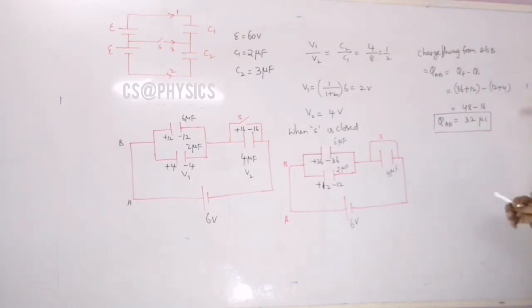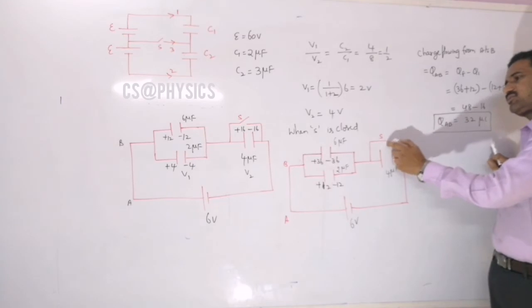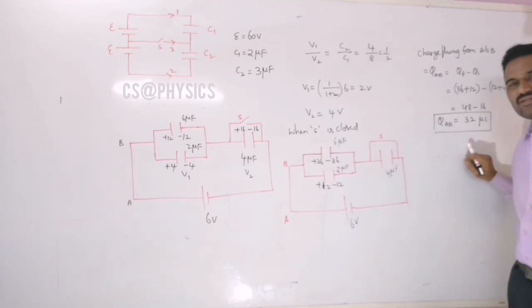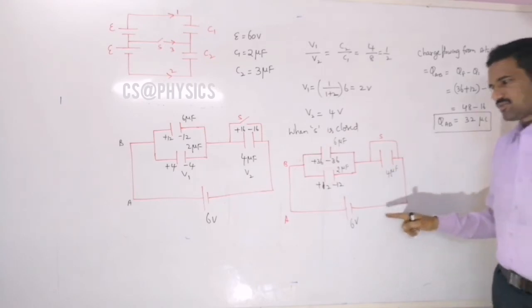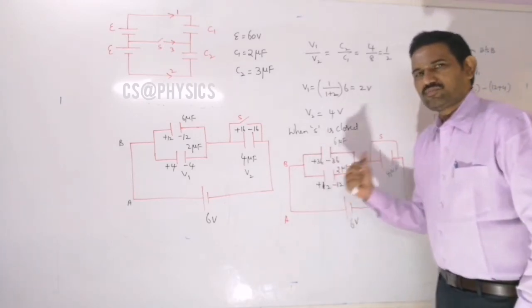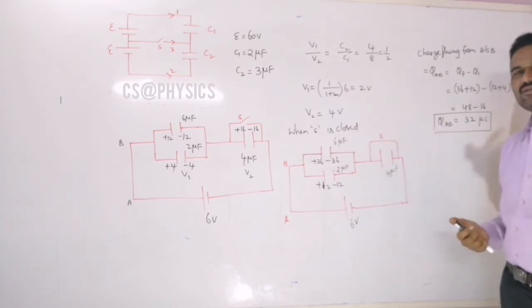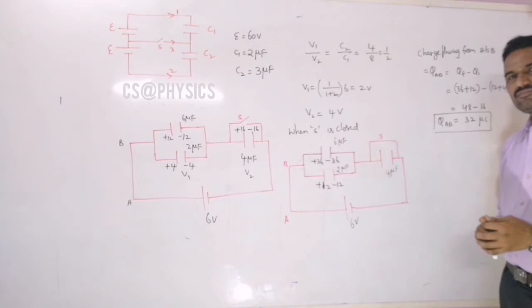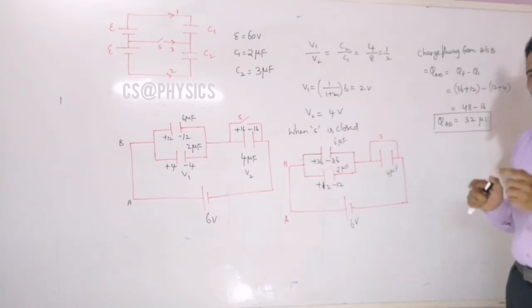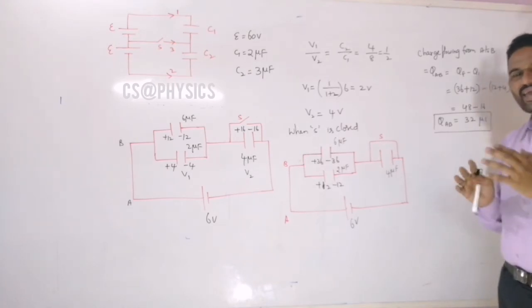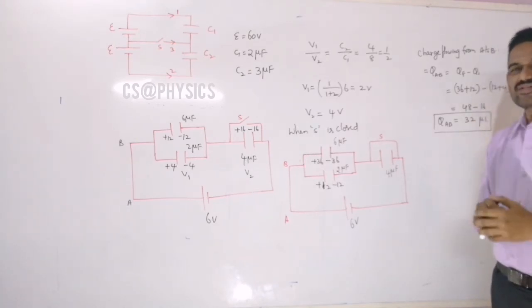And now our another question is how much charge is flowing through the switch? Is the same amount of charge flowing through the switch? And this question you should answer carefully. So that means here from the battery an additional 32 microcoulombs is coming. Can you say the same amount of charge, 32, is flowing through this switch also? That is wrong, because through the switch an additional 16 microcoulombs of charge should flow there.